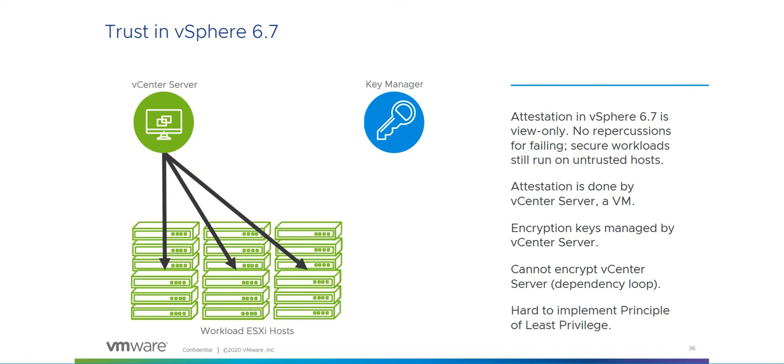But one of the challenges is that vCenter Server is sort of the keys to the kingdom, right? It's in the center of everything. So then we can't encrypt vCenter Server because it's the thing that's managing the keys. Sort of, you can't use the keys to encrypt the keys. vCenter Server is arguably an important attack vector, because if someone can get access to vCenter Server, then they can get wherever they want within the environment. So we needed a way to also protect vCenter Server, and really just a more scalable way to protect the